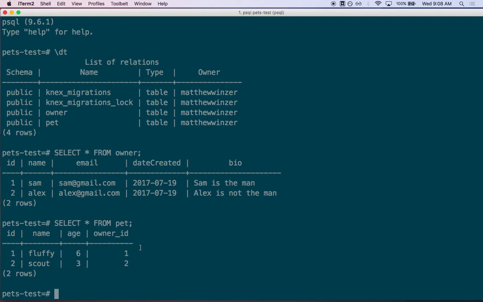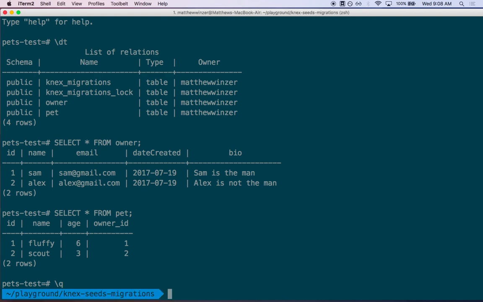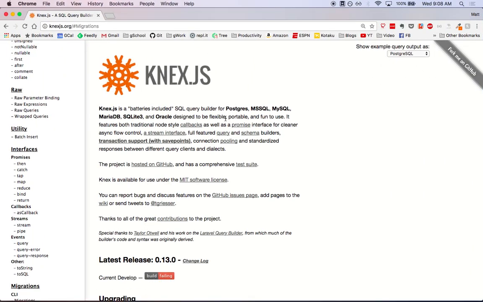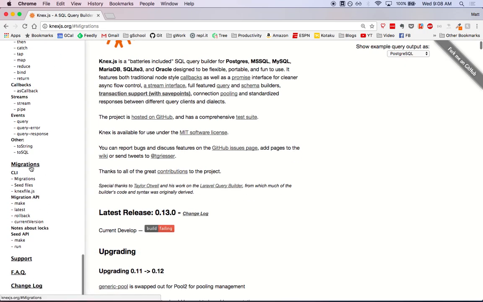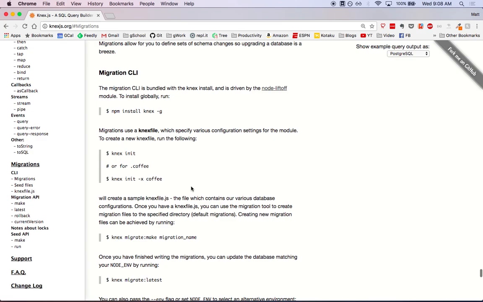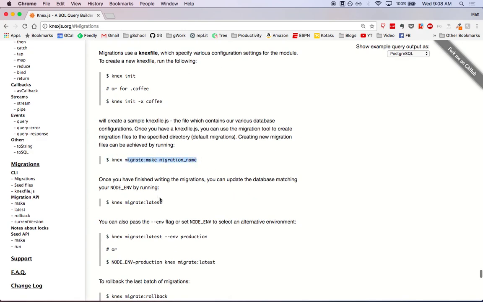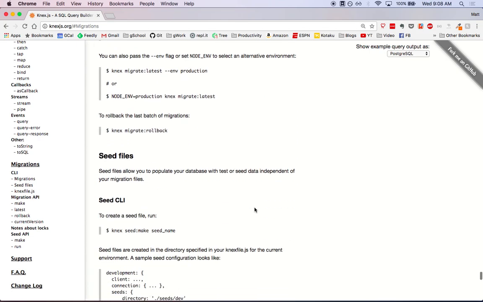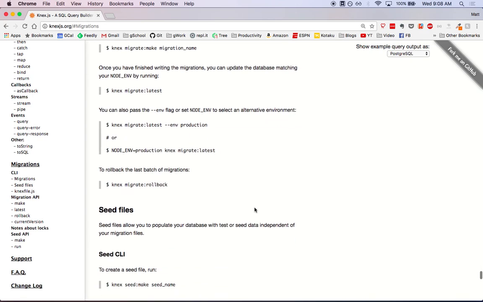I encourage you to check out the Knex documentation if you would like to learn more. They've got really good docs. Actually, I think I have some of the documentation open here. Yeah, here's the Knex JS documentation. They have an entire section on migrations, on seed files. They run you through the commands that you're going to need to use, installing Knex, initializing it, how to make migrations, migrating latest, etc. So everything that we just went through is available on the docs,